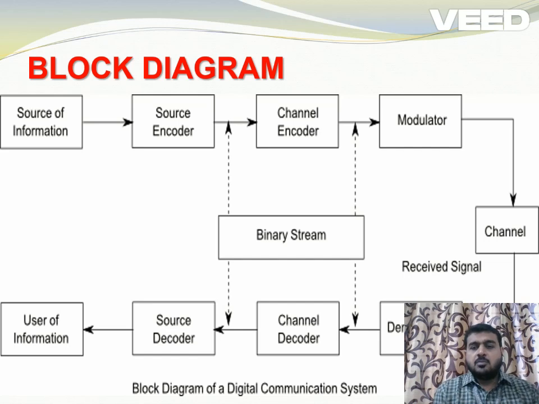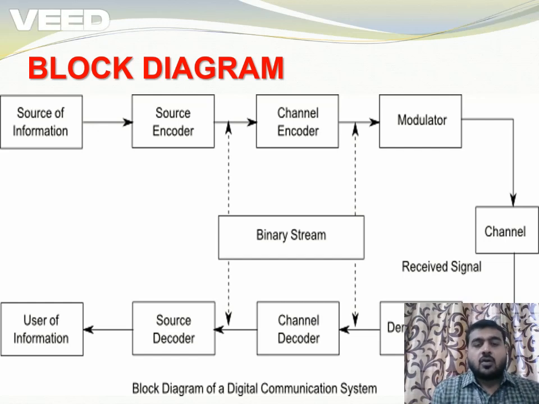So, if you'll see the basic block diagram of the communication system, it consists of two main parts. One is called the source, and one is called the receiver. First, you should understand that whatever information you have, it should be in analog. We understand the concept of digital communication technique as well as analog communication technique. But we should understand that all the information or all the data initially will be in the analog